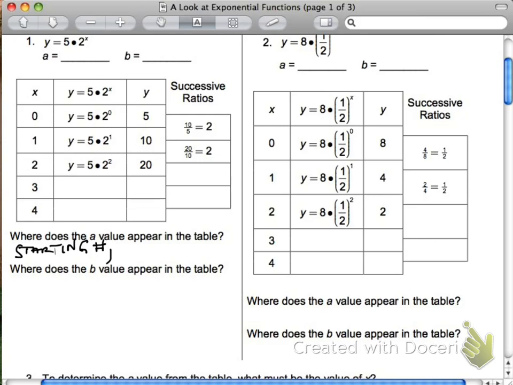So where's the A value also at? What is the A value? 5. It was 5, remember? I erased it, sorry. Where else do you see 5? So she said you see 5s right here in the Y column. But more specifically, where do you see it in the Y column? The very first one, on 0. So when X is 0, you see it in Y. So Y equals A